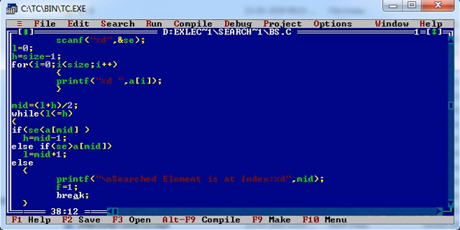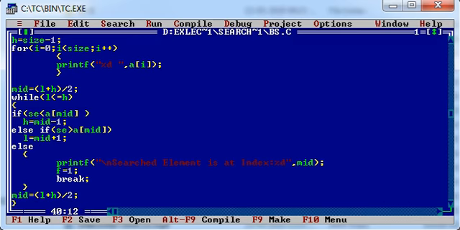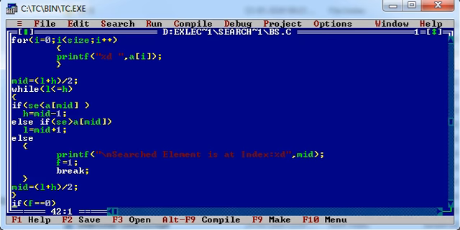So that is why I have written break over here. If I am not getting the element in this array, then further we need to divide by finding the mid by applying the same formula, lower bound plus upper bound divided by 2, until we find the element or all the elements of an array are compared.